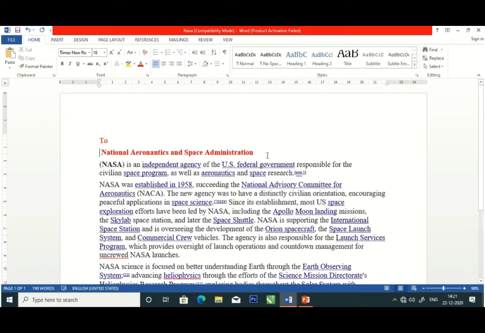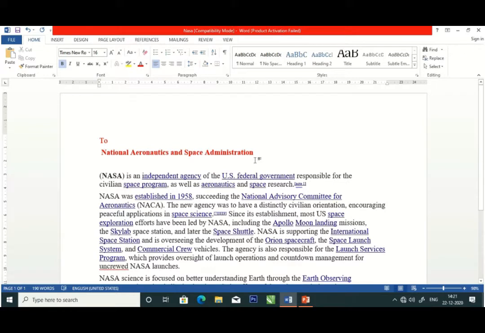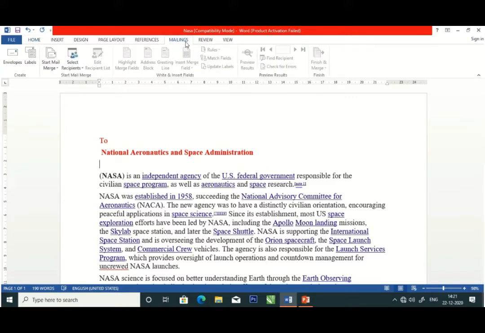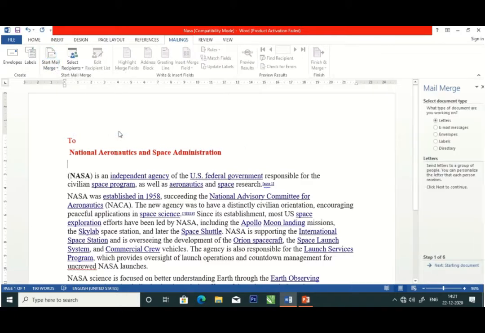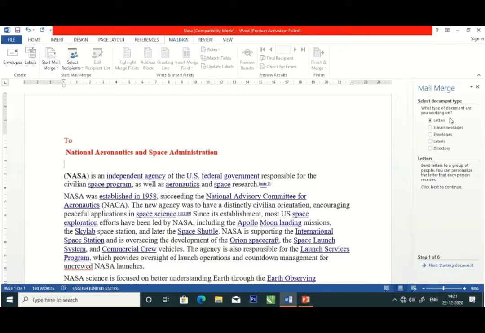Now follow these steps. First step, in the MS Word document choose the Mailings tab and click on the Start Mail Merge button. A list appears. Next, click on the Step by Step Mail Merge Wizard option. Next, this will bring the Mail Merge pane at the right side of the Word document window.